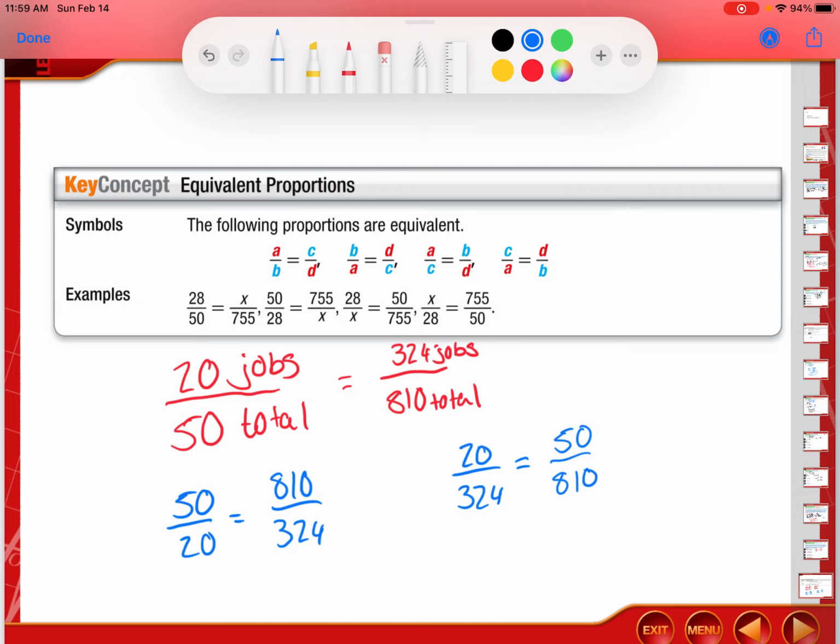So that's just equivalent proportions, which we talked about back with midsegments and writing our proportional pieces in triangles and parallel lines. If you have any questions, let me